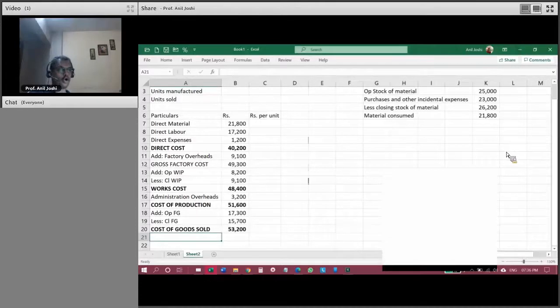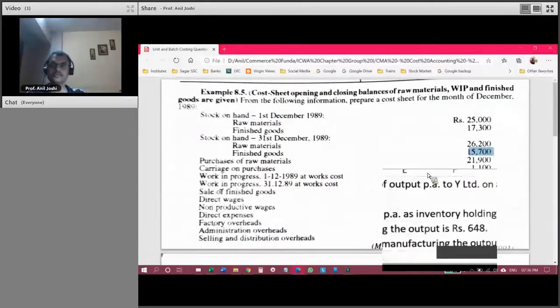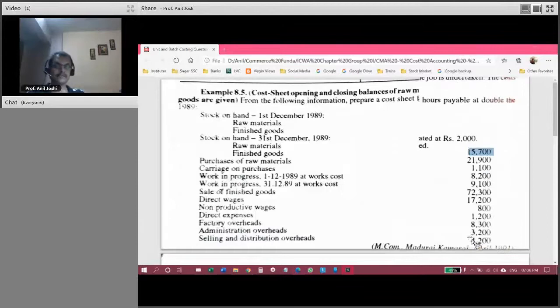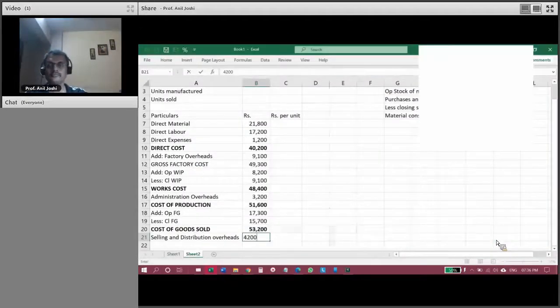Now on these goods which you have sold, only on these goods you will incur selling and distribution expenses, na? That is why now you will add selling and distribution overheads. And what are the selling and distribution overheads? 4,200. So once you add this to the cost of goods sold, now what you get is